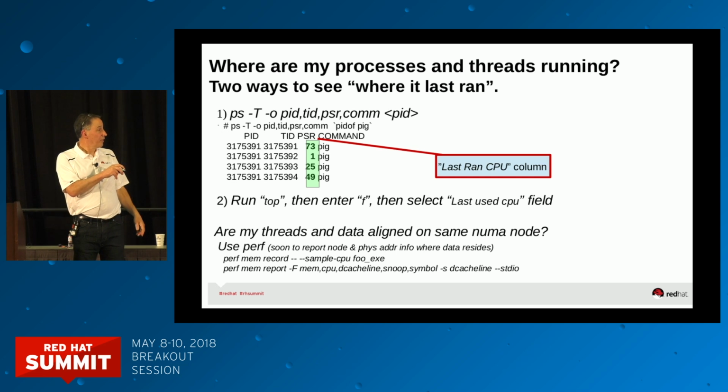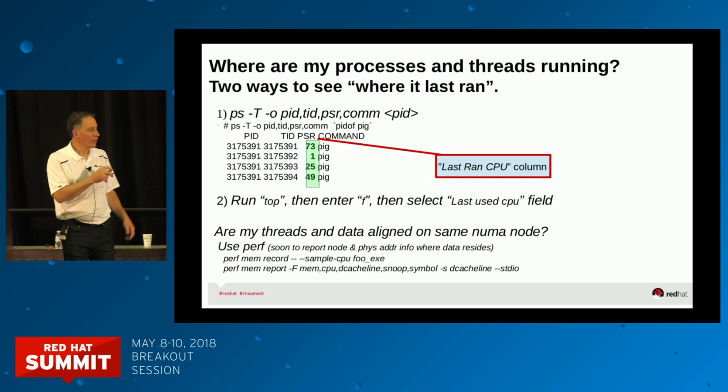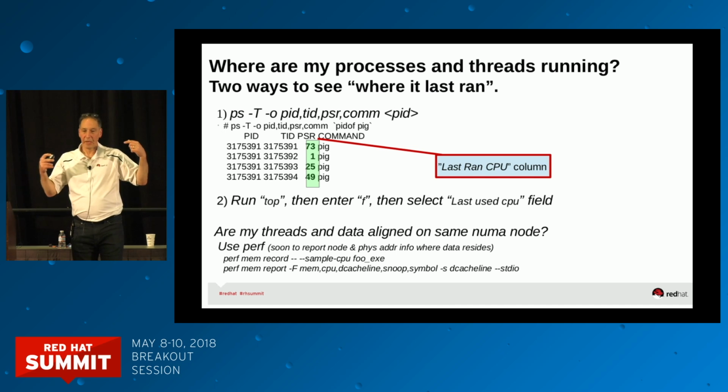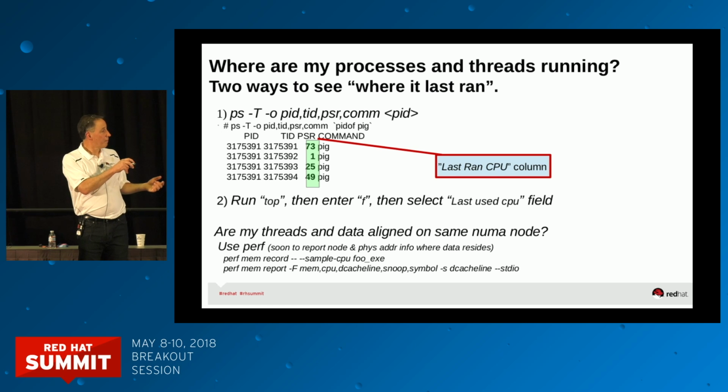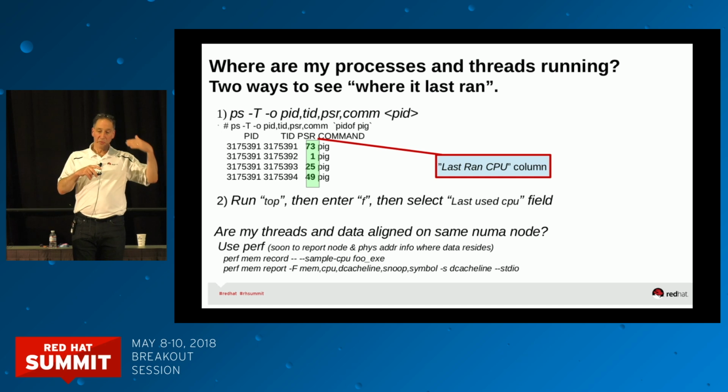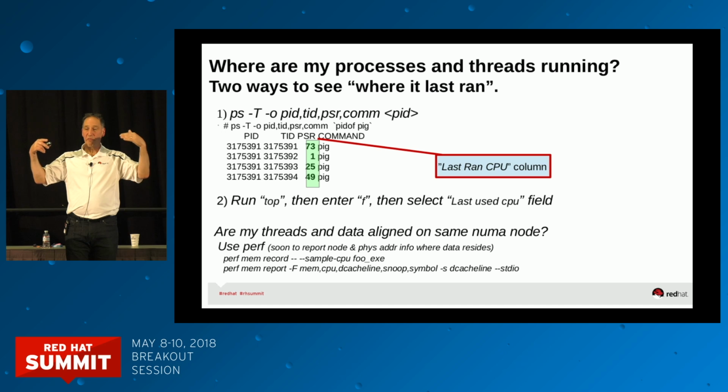What I like is to use the perf tool. There's something called perf mem, and it will show you the node, the virtual address, a whole lot of information about all your loads and stores, and you can get a sense of, okay, here's where I executed it,